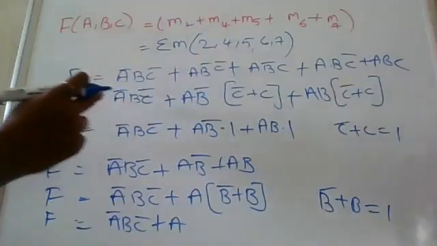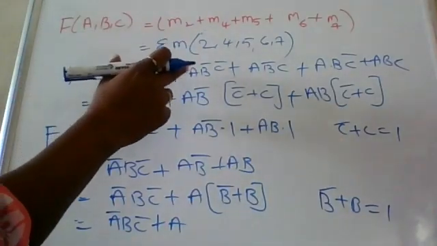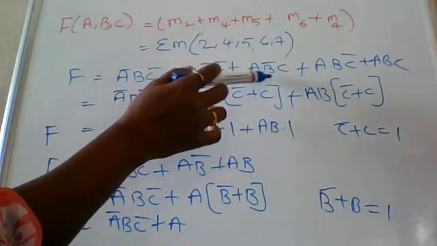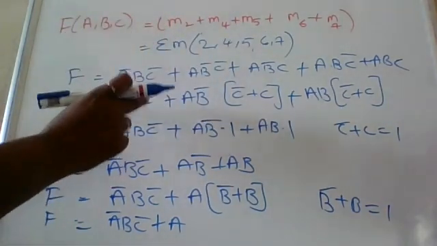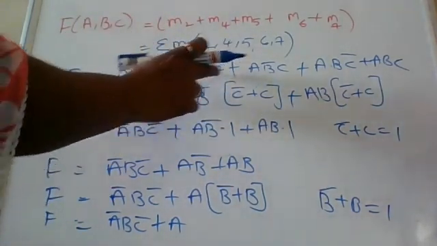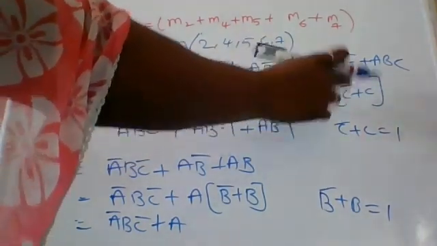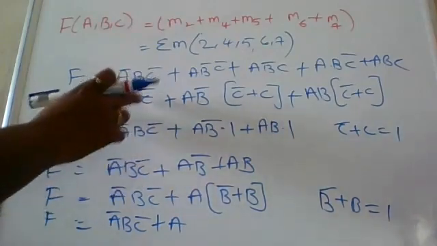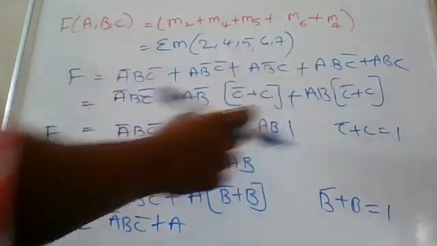So these are the minterms in three variables. We write from M2 A bar B C bar, for M4 A B bar C bar, for M5 A B bar C plus A B C bar, next A B C. This is the same as in these two, A B bar common, C bar plus C, plus A B into C bar plus C. Here F equal to A bar B C bar, same, A B bar into C bar plus C dot 1, plus A B dot 1.